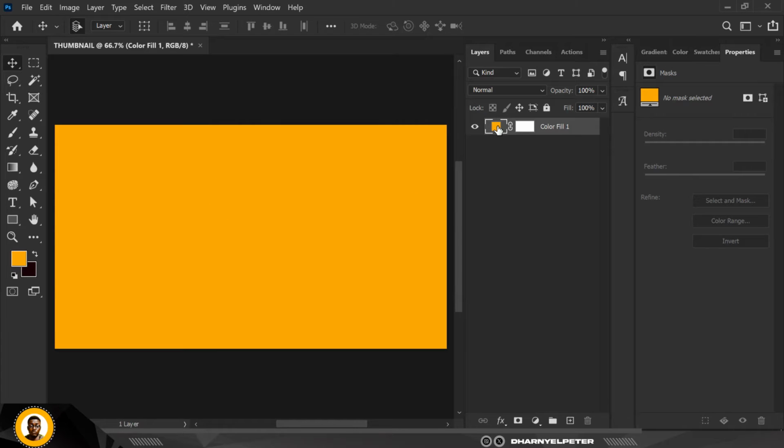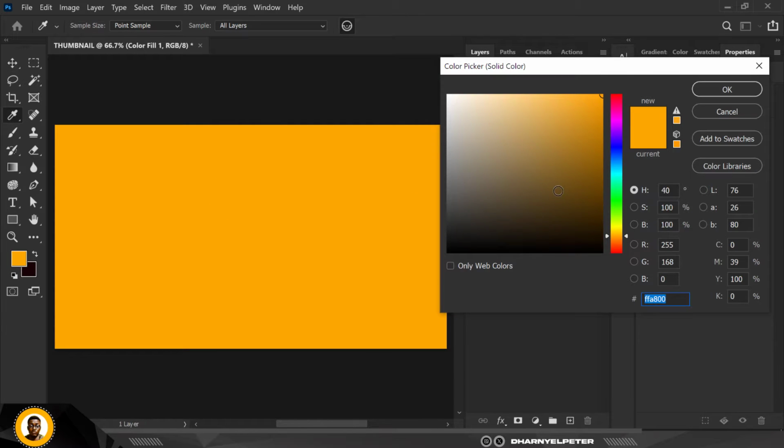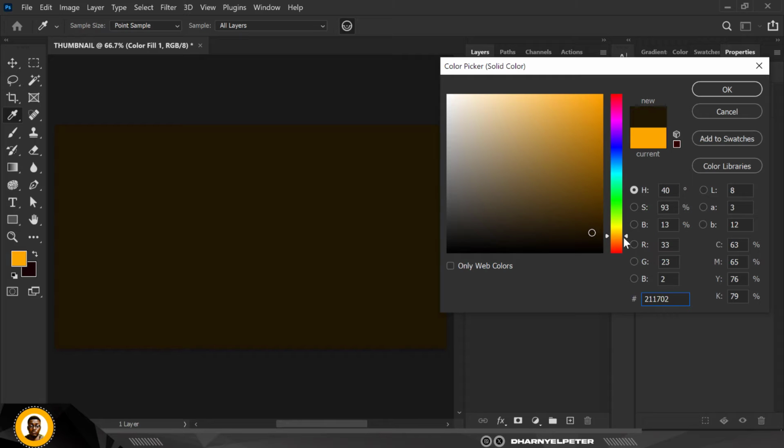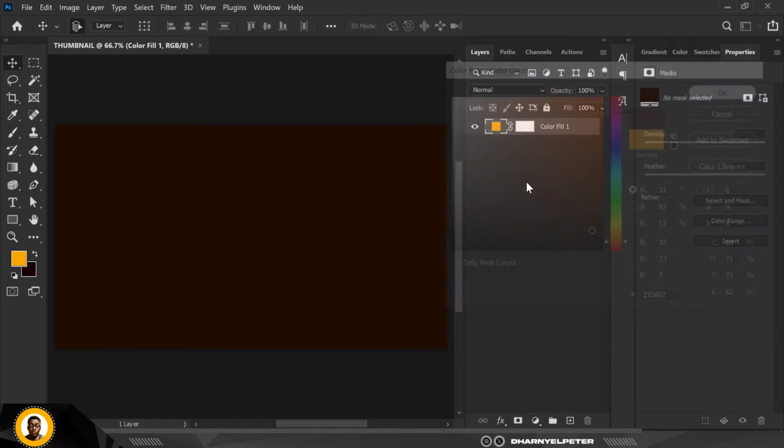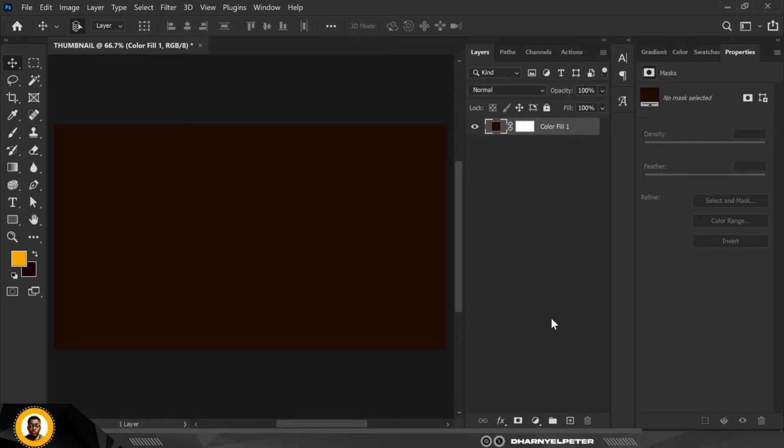Okay, so double click on this. This is the color code of the light, so you can change it. I'm going to change this here. I'm going to use this background first. I'm using a dark background because of what I want to try to create. Right, so now that I have this,